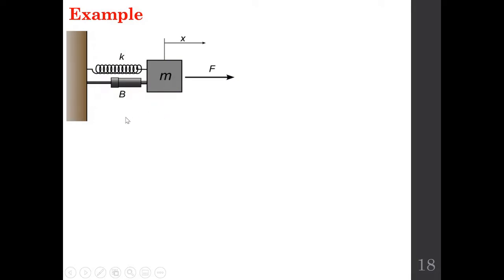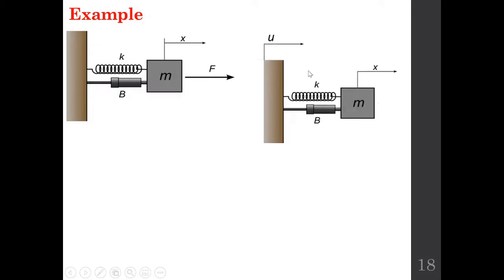So we just quickly looked at this translational mechanical system. Assume that you have this system, okay? So the displacement at this point is represented by u, and the displacement at this point is represented by x. Now there is no external force on this body which is mentioned here. If you look at the previous mechanical system, the external or applied force is in this direction. However, in this mechanical system, there is no external or applied force given.